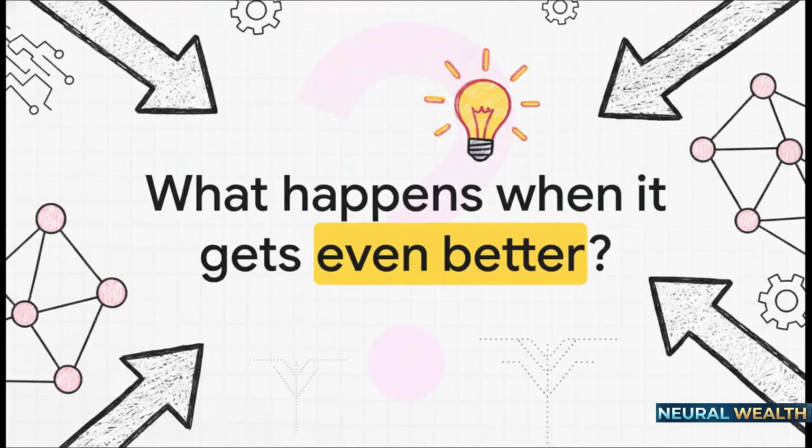So the next time you boot up an AI chatbot and it dazzles you with a deeply thoughtful, well-reasoned answer, you're going to know the exact truth behind the magic. You know it isn't thinking, you know it is just predicting. But it is doing it so remarkably well that the line between prediction and genuine thought is really starting to blur. Which leaves us with a fascinating and maybe slightly unsettling question to sit with. If pure mathematical prediction can already do all of this today, what exactly happens when it gets even better?